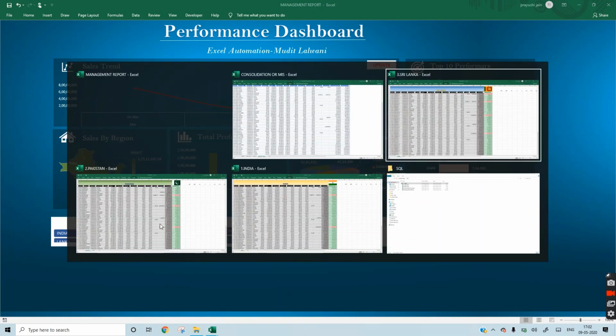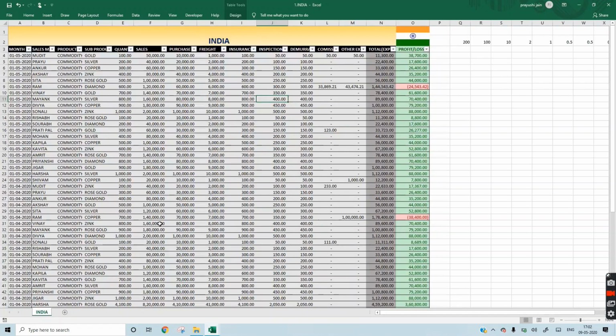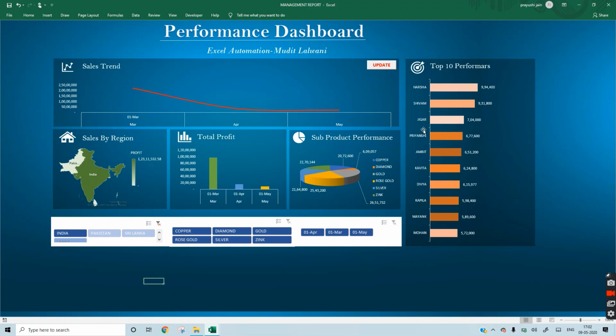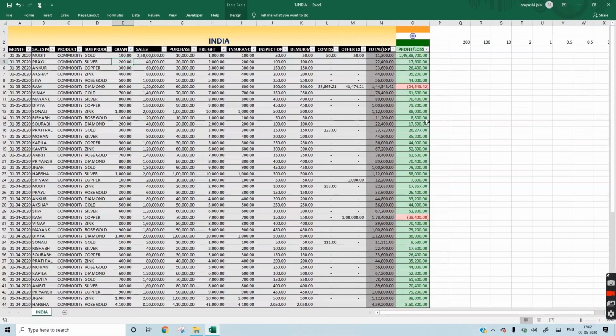Suppose anyone changes data in India, suppose for Mudit, we have increased sales, because for now you cannot see Mudit's name in the top 10 performers.